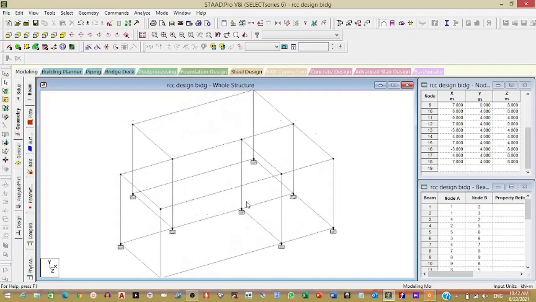So we require to add 4-node panels. For every slab you need to select add surface for 4 node plate.